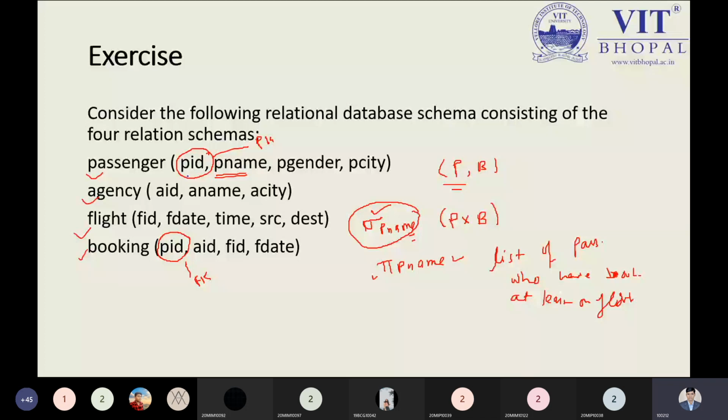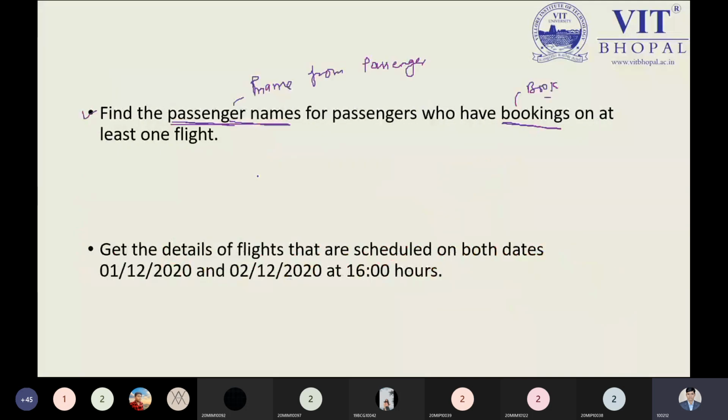P name is a part of the passenger, so we have taken it. So what would be the output? Can anyone tell me? I'm not selecting, we're just trying to find, so we need to display only. At this time we can say we are trying to display. Yes, can anyone tell me what would be the output?